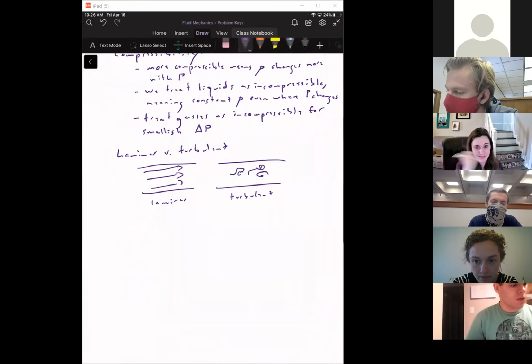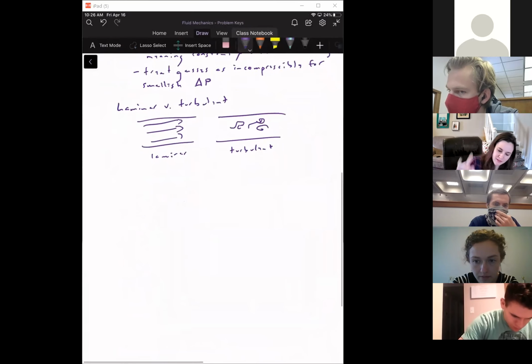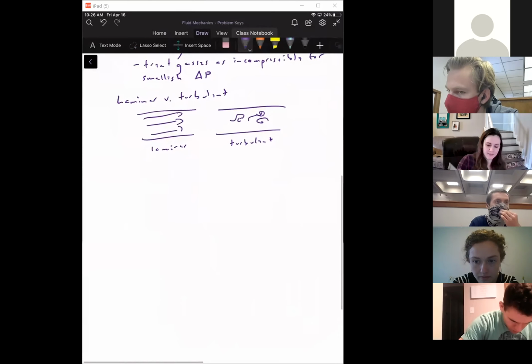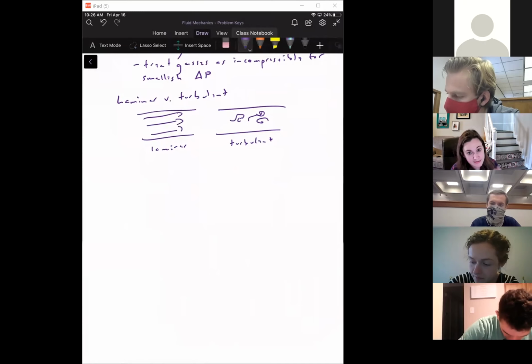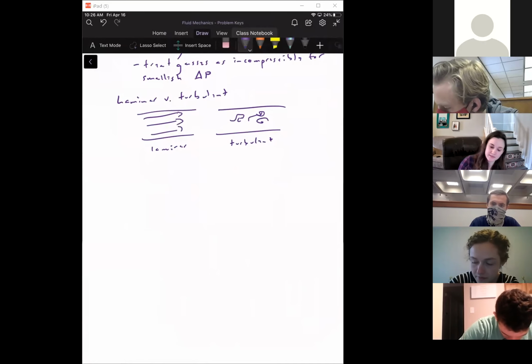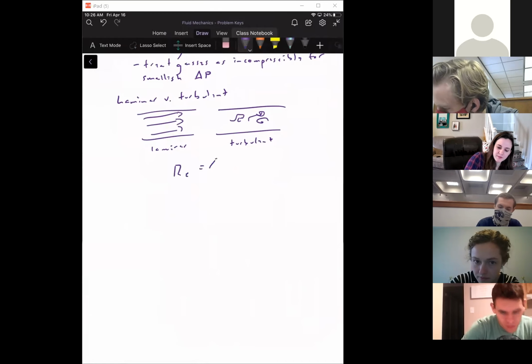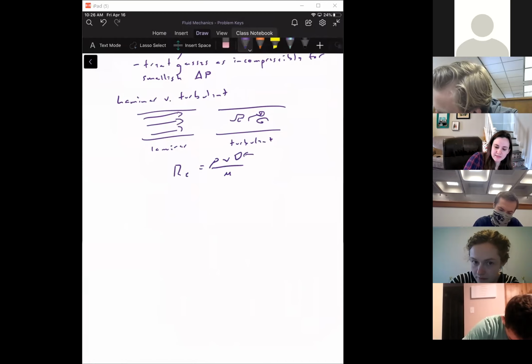And then, of course, the other layer of fluid pulls the opposite direction because of Newtonian laws. Anyway, laminar, turbulent. The more viscous it is, and the slower it is, and the smaller it is, the more likely it is to be laminar, which we can also see by looking at the Reynolds number, rho v d over mu. D is some length scale,